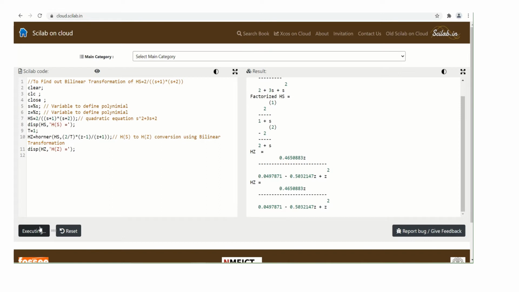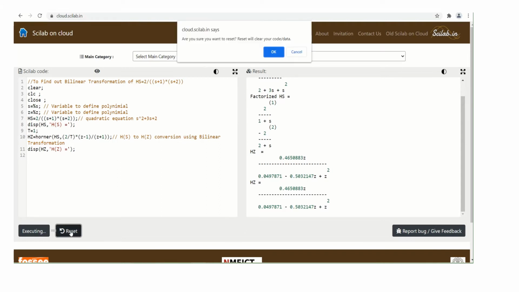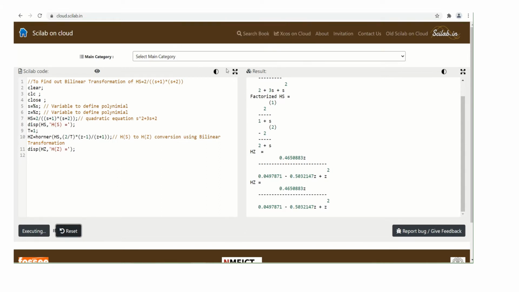It will take some time because it is on the cloud and it requires a net connection. Otherwise we cannot execute the code.